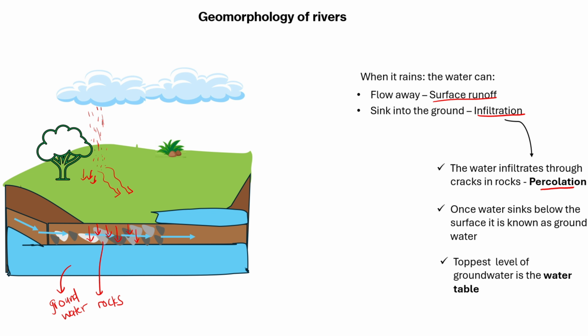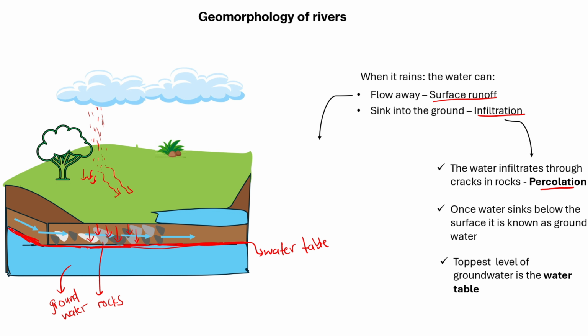And then there is a top level of groundwater. You can see that the one that I'm highlighting here with red is the top level of the groundwater. The top level of the groundwater is known as the water table. If you were to try to dig a well here, where you start seeing water dripping off, that is the water table. It is the highest level where you start finding groundwater.